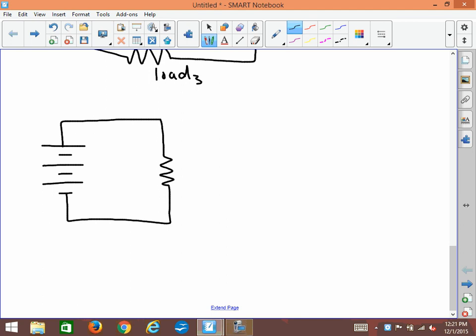Now, the electricity will flow through here, and it would get to here, and it would go up through this, and it would go around. So there's nothing special about that. But if I add wires like this, and I put another load like this,